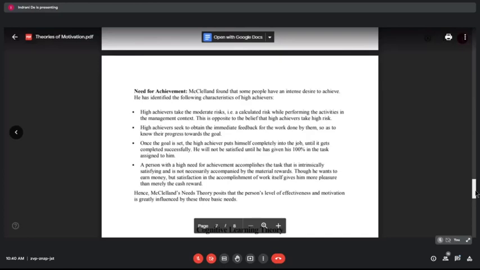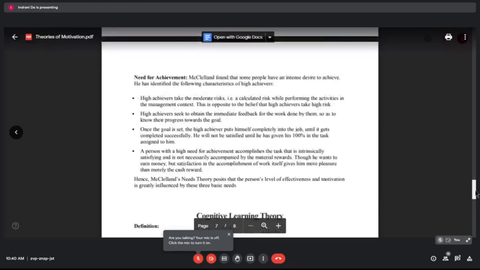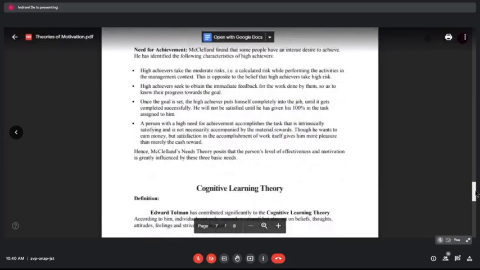When I come to know about the response of the people, with the help of that, I can move forward. That will motivate me. From the feedback, I will try to improvise myself, so I'll be able to reach the goal. Once the goal is set, I will always try to put in all my efforts so that I can achieve that goal.